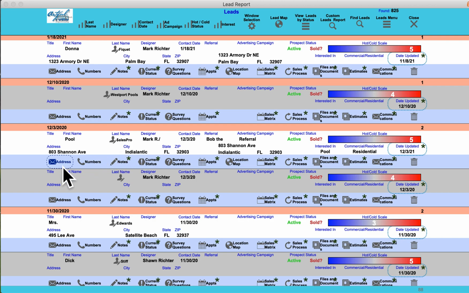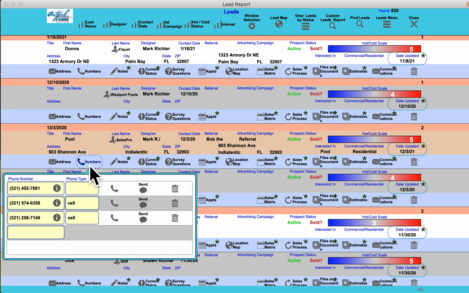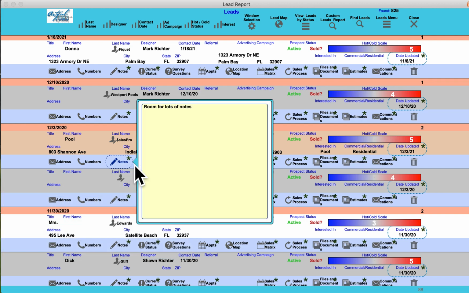It's interactive. You can actually email right directly from here to the client, pick up the phone, call them, or if it's a cell number, you can text. You can add additional notes for this client. You can also